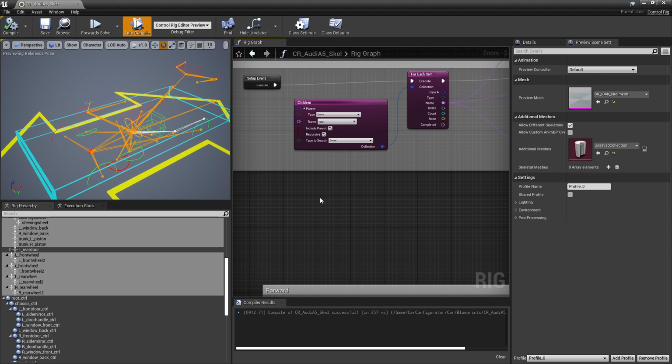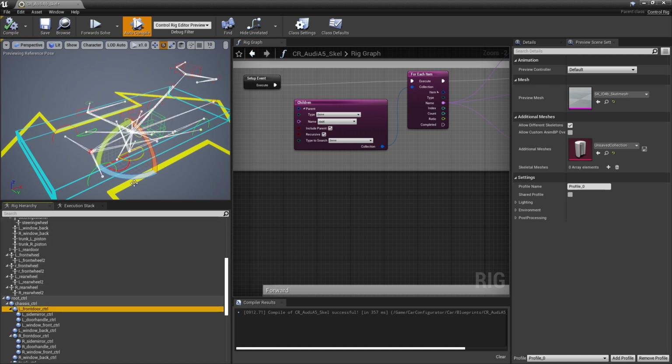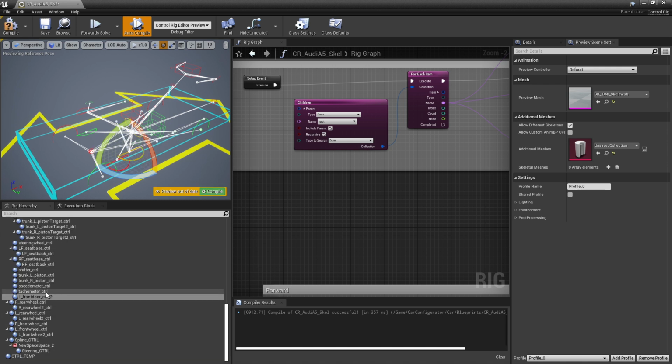So the next thing that we need to do is go ahead and create a control handle that's going to drive the position of that rear door. So we're going to literally just take the left door, which is this guy right here, and duplicate it. We'll just hit Control W, and we're going to give this a new name, and we're going to match the name of that rear bone.